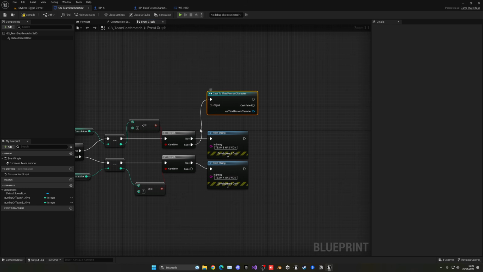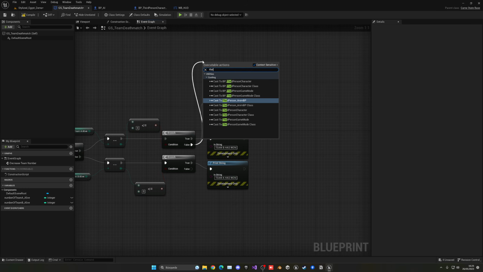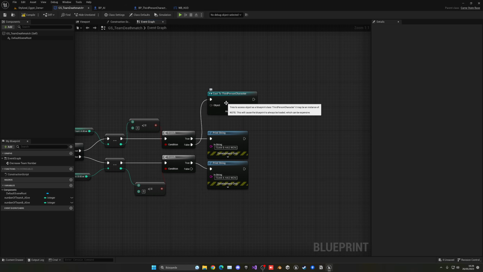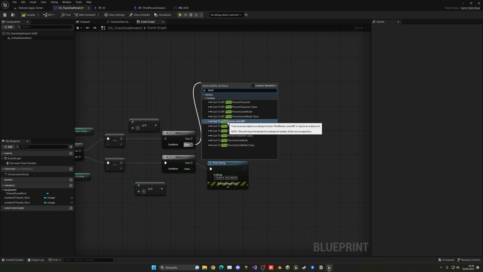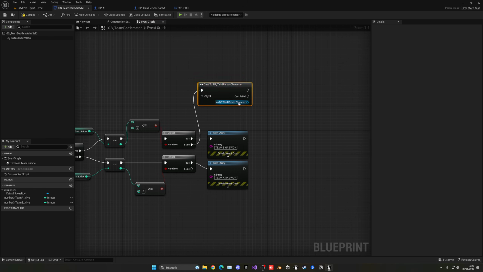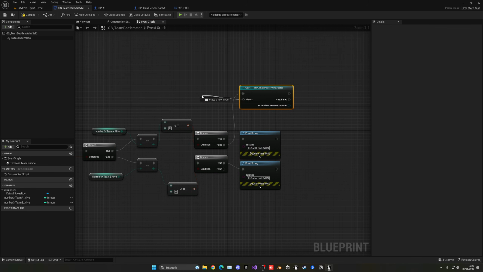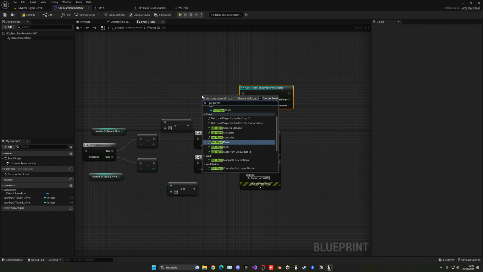There we go. Are there two third person characters? Wow, there are two third person characters. One is not. Oh, it's always the BP, no? We're using the BP. Oh, we have to be careful with that, guys. We have to be careful. It has to be the one which says BP. Wow, I didn't see that. Be careful with that. So get player